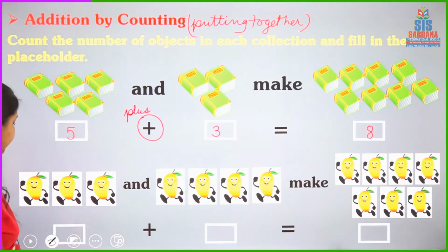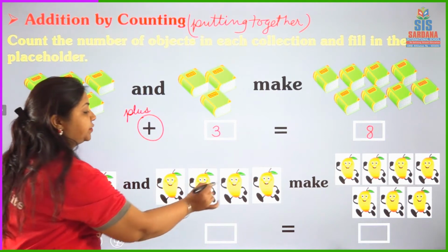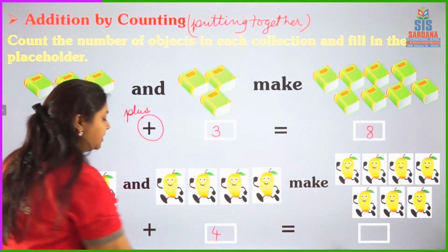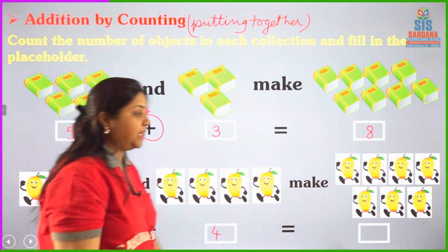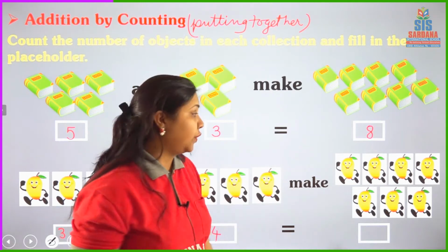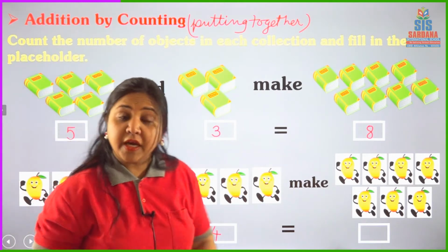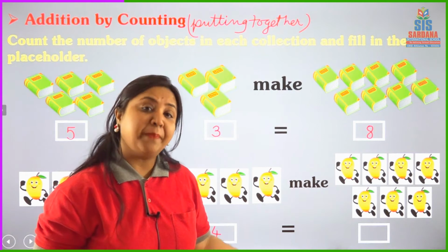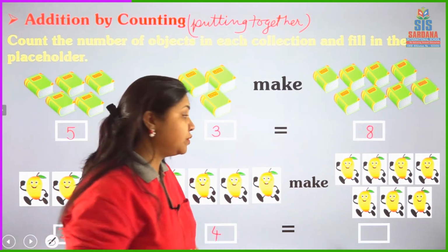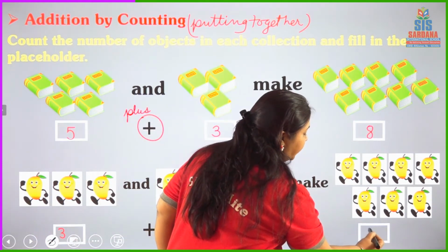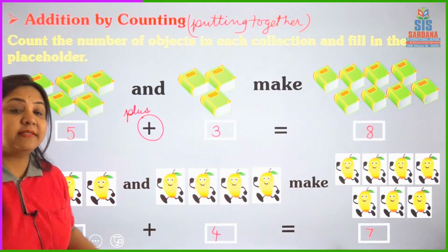Let's see similarly in this. 1, 2, 3. How many mangoes are there? 3. 1, 2, 3, 4. How many mangoes in the other collection? 4. So 3 and 4 will make in the new collection how many? 1, 2, 3, 4, 5, 6, 7. 4 from here and 3 from here when we keep them together. Why keep the mangoes separate? Because ultimately we will keep them together in the fridge. So when we keep them together, they become more. How many are there? 7. 4 and 3, or 3 and 4, make 7.